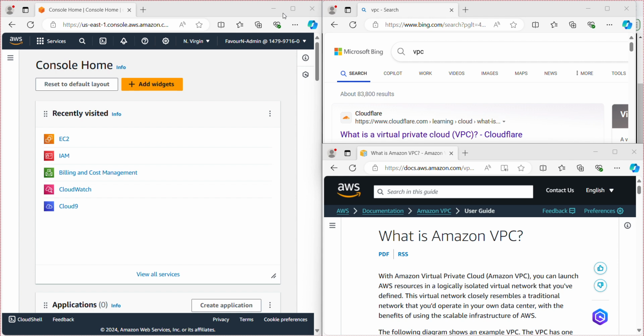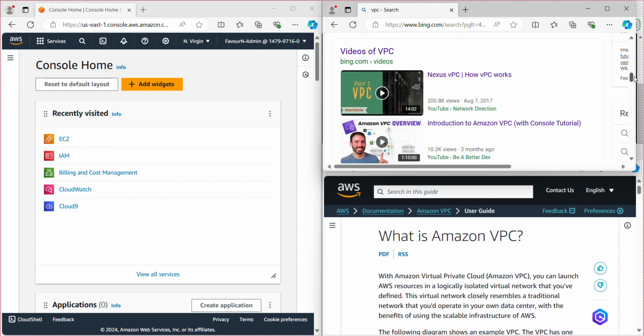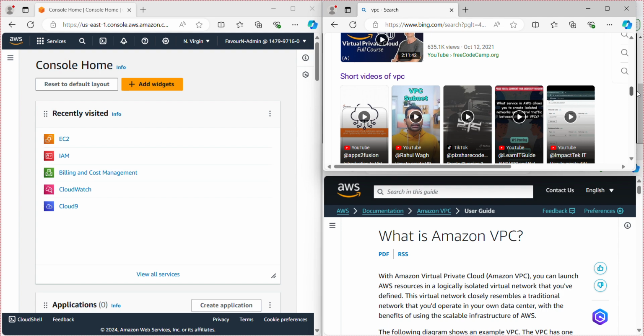Now we know of multiple cloud platforms that are being used by Fortune 500 companies, namely AWS, which you can see on my screen. We have Azure, we have Google Cloud, and within AWS, which is one of the cloud platforms, we have a resource named VPC, known as Virtual Private Cloud. Now, if you go to the public internet or the browser, you search up for VPC, there are multiple videos and YouTubes as well as informations and blogs that give you insight as to what a VPC is